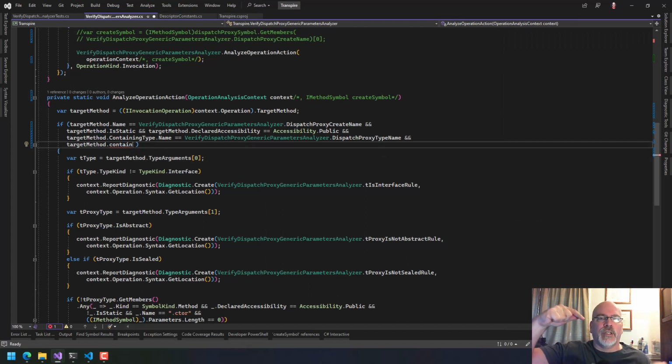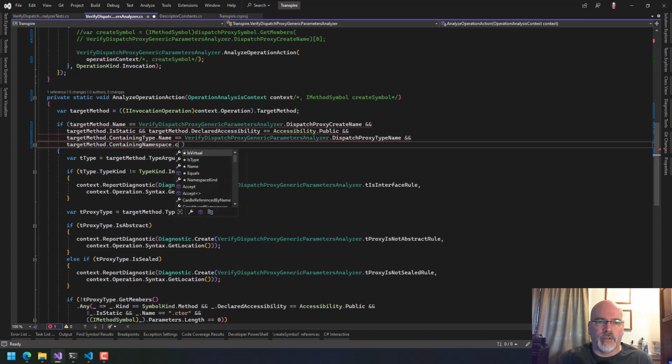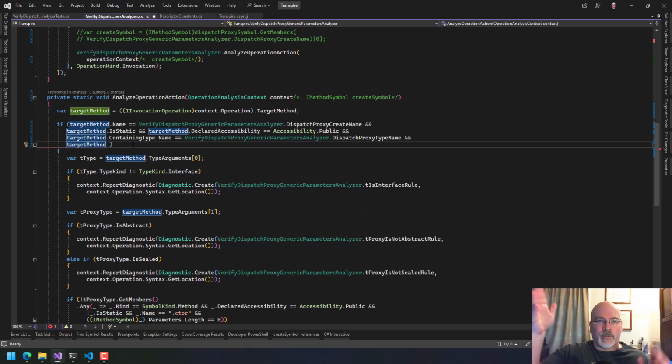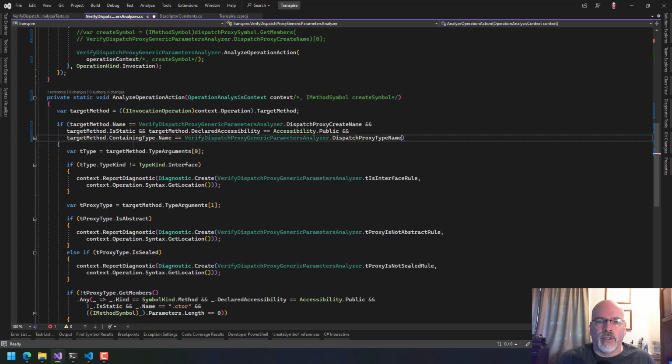I just want to say, just keep going, because you can go containing namespace here, containing namespace, and eventually at some point you get up to a null or an empty or a global, and at that point you just basically want to say, is this equal to system.runtime.dispatchProxy? But this is enough for now. Okay, so let's clean,